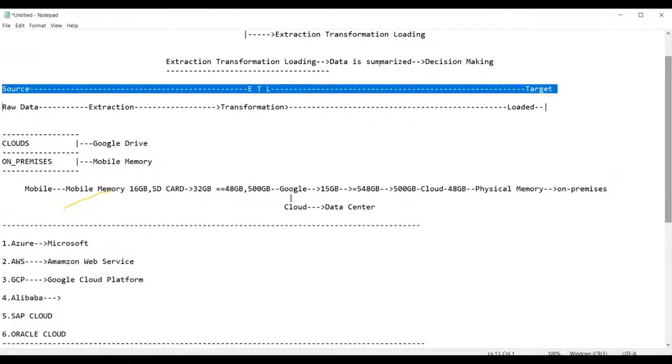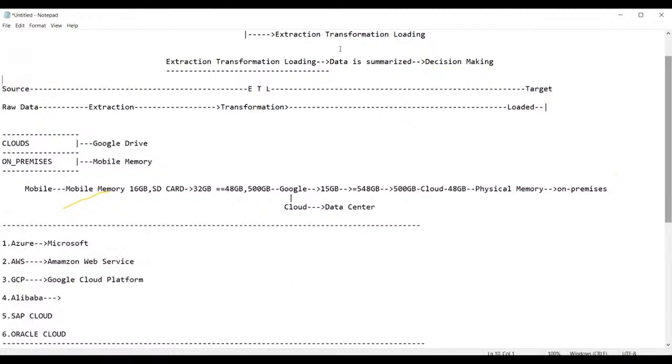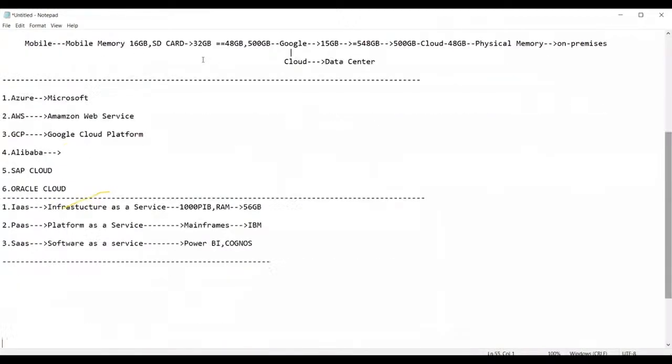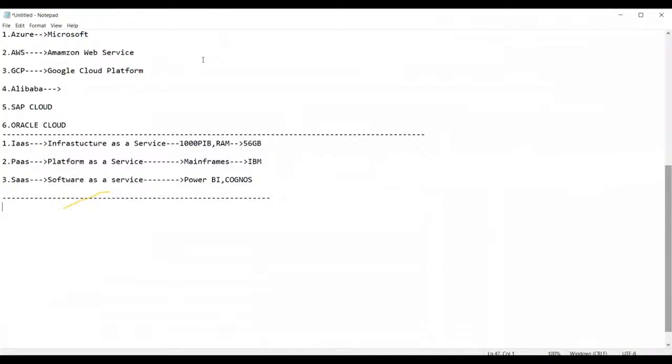But my question is, what exactly is the use of ADB, that is called Azure Databricks? What does it do? We have to understand this. So now guys, let us come back here. When it comes to Azure Databricks, Azure Databricks is a service of Microsoft,